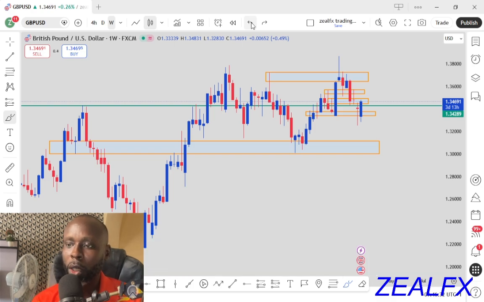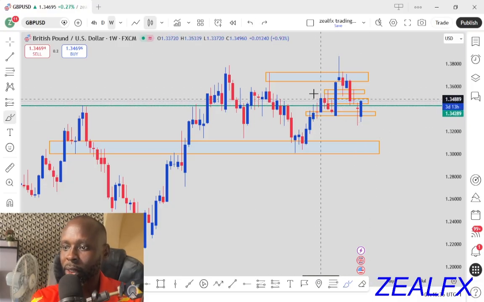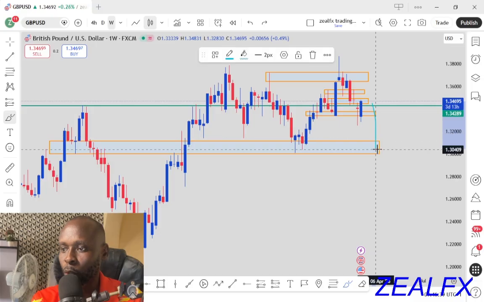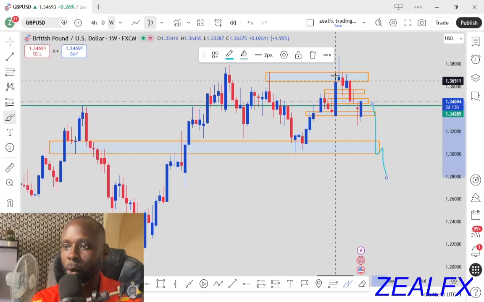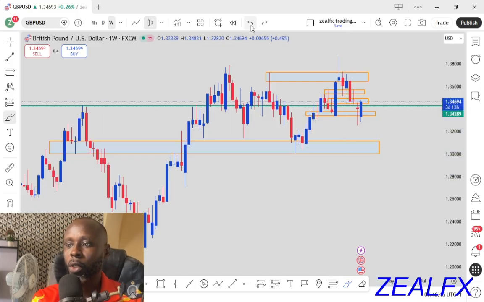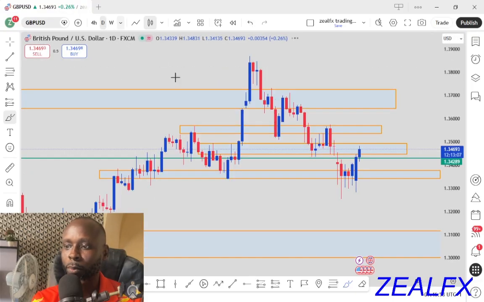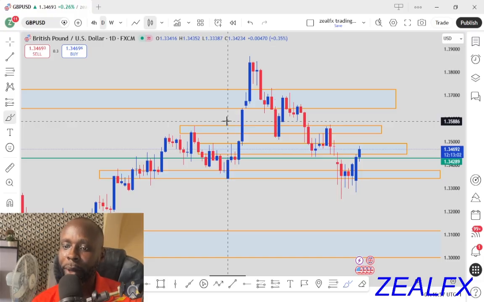So the pounds USD is expected to drop. So long as we have resistance at this area, we expect price to drop to this support level, and a break of this support level might trigger more bearish trend for the pounds USD. So long as we have this bearish momentum on the pounds USD, we still look out for more selling opportunities, because the candlestick anatomy on the weekly chart is still pointing to a bearish trend for the pounds USD. So let's look at the DXY to also confirm the strength of the dollar for us